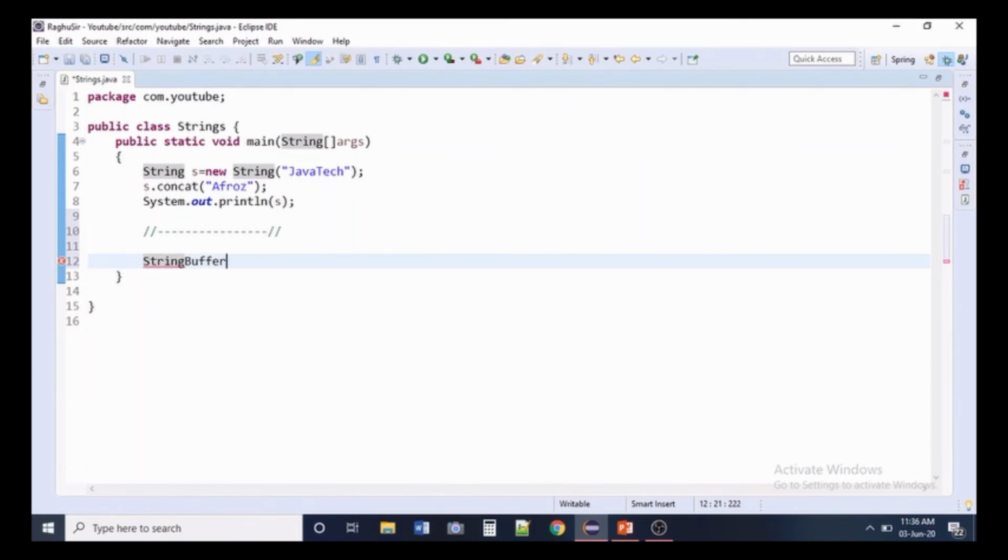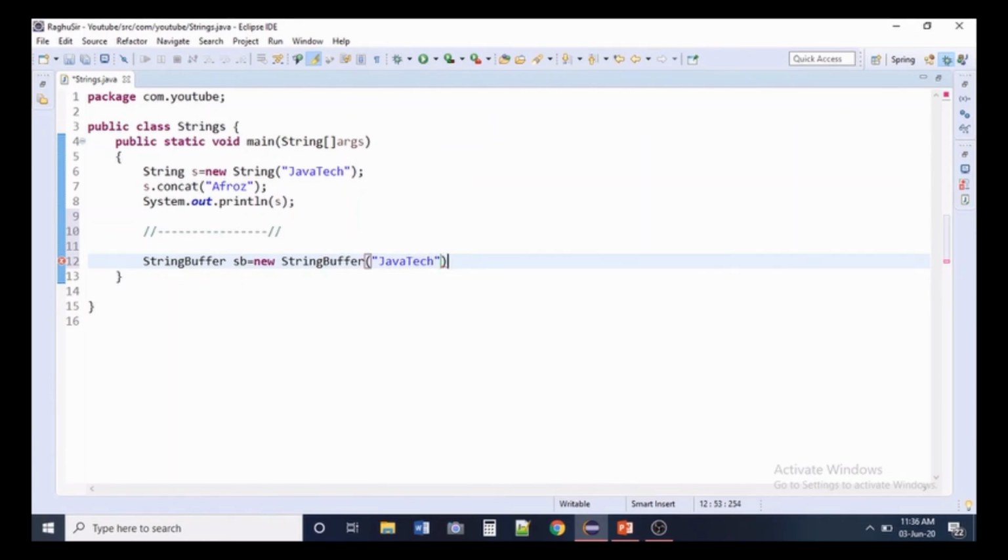Now I'm creating my StringBuffer object, StringBuffer, and my reference is sb equals new, which is my keyword used to create the object. In the content I'm writing the same JavaTech, and now I have to append this object with Afros.